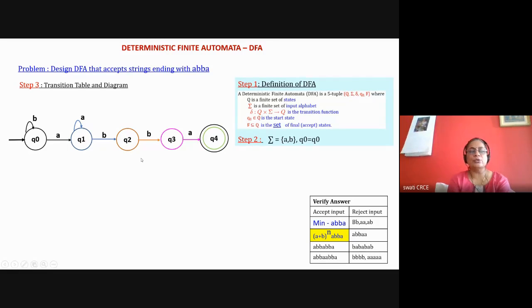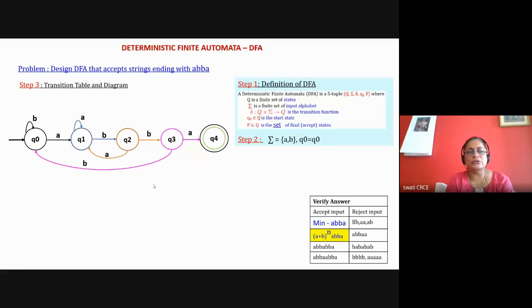Now for the state Q2. The transition for the symbol small a is missing. So where should it go in the state Q2 with small a? It will go back to Q1, correct? It will go back to Q1 because with this A, and then double B A, it can go to the final state. This particular state Q2, if there is any A, it will go back, and with double B A, it will go to the final state. So that's why it will go to Q1. Now the state Q2 is over.